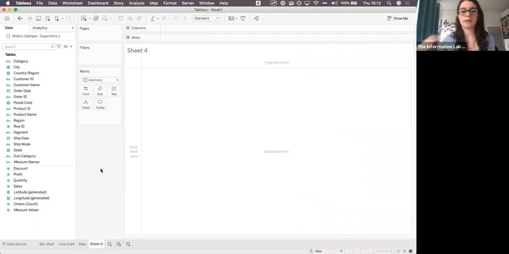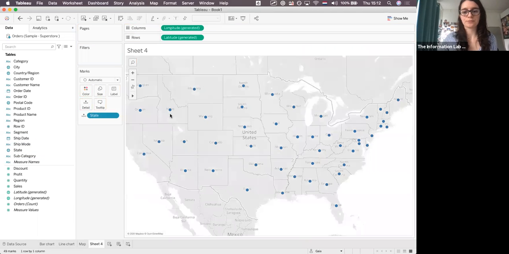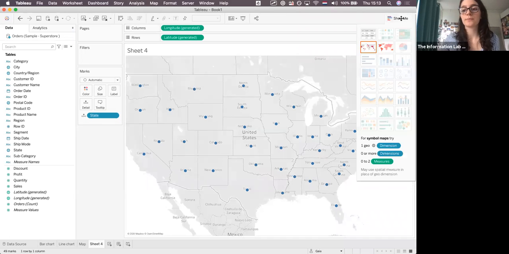So just for people that are having troubles, I'm just gonna show the process again. So hopefully we will all be on the same page. Otherwise, again, let me know. So we're gonna drag state and drop it into the view. And this should automatically give you these dots on the map, right? Then if we want to have a filled in map, we go on show me and we select the other